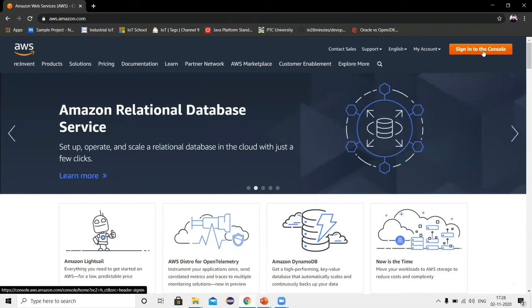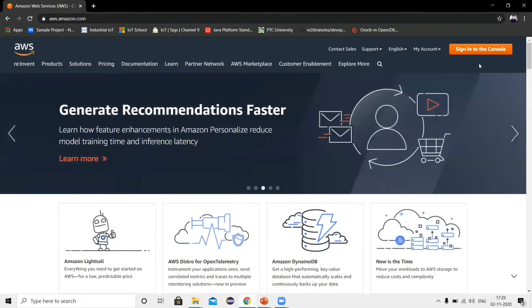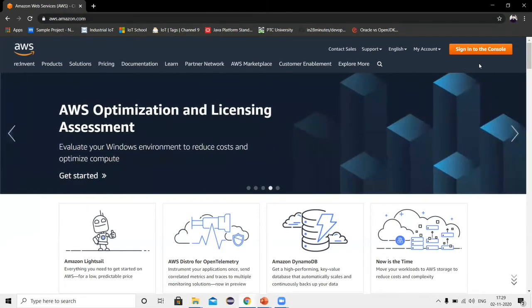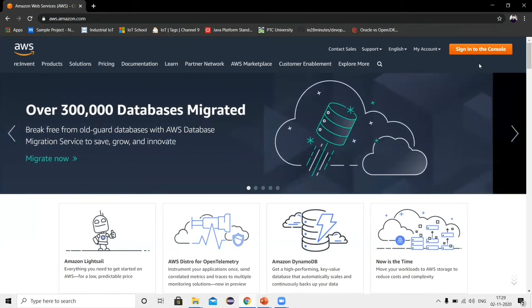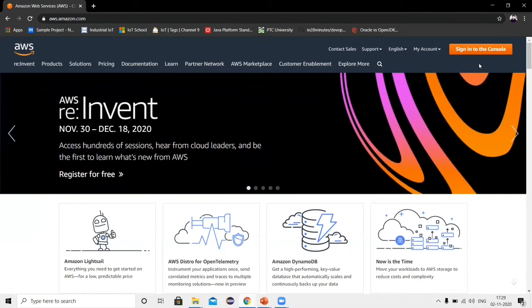If you click the link, it will ask for a few details. You have to enter all the details along with a valid credit card number. Amazon will debit 1 to 2 rupees or more, based on country, so I cannot comment on that. Once it is credited, they will activate the account within 24 hours.